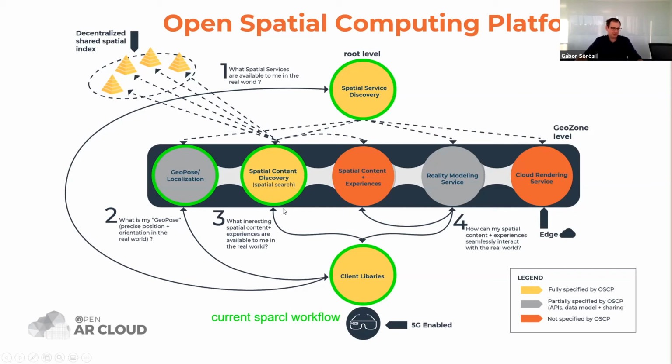It retrieves the URLs, fetches those URLs and then shows them in the AR session. All these interfaces are hidden in some libraries that handle everything for us.